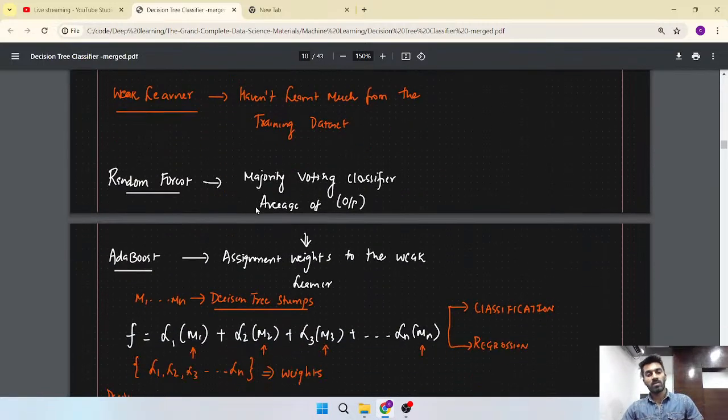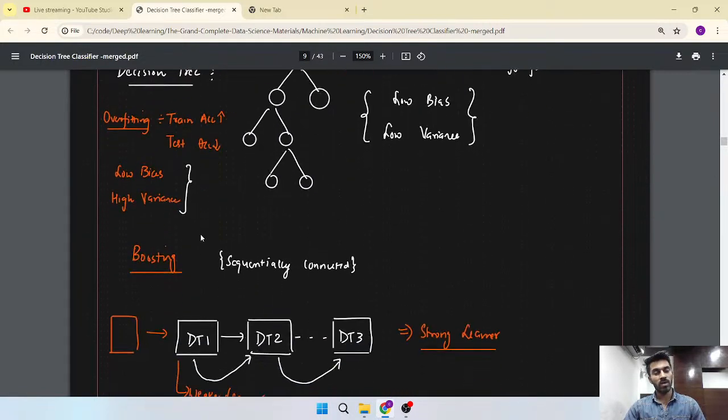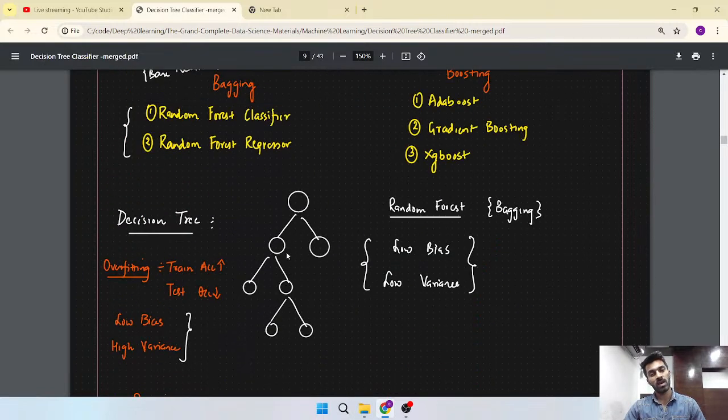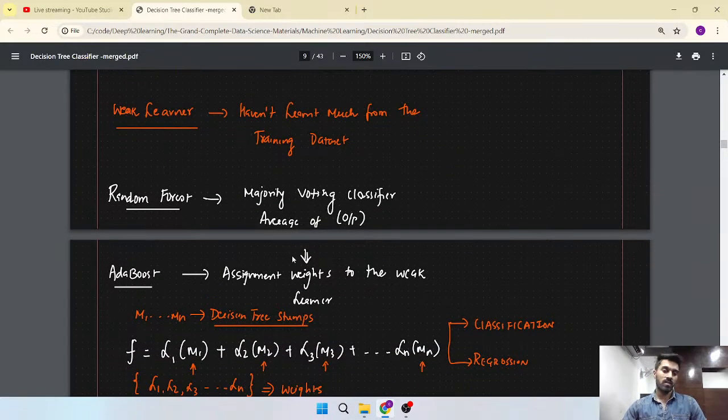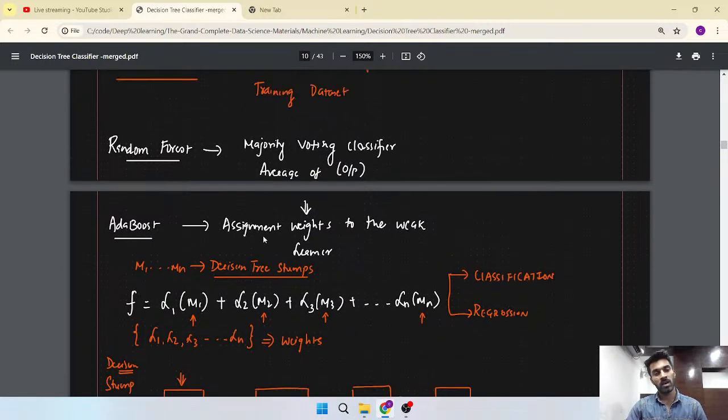Now the question comes to mind: which model should we apply, bagging or boosting, like random forest or XGBoost and AdaBoost? If you have a small data set, apply random forest directly, because in random forest you train the models in a parallel manner. But in boosting algorithms, we have to train the models in a sequential manner, so this will take a huge amount of time. That's why we apply the AdaBoost boosting algorithm if your data set is